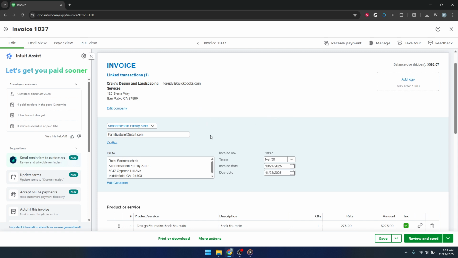Deleting, on the other hand, removes the transaction entirely, as if it was never created. This can be appropriate if it was entered by mistake and truly doesn't belong in your records, but you should use it with caution. To void or delete, first find the transaction in your sales or expense list, just like